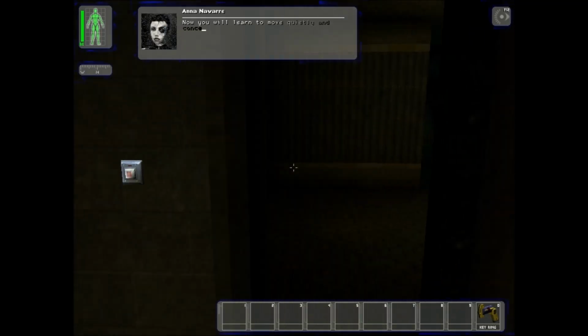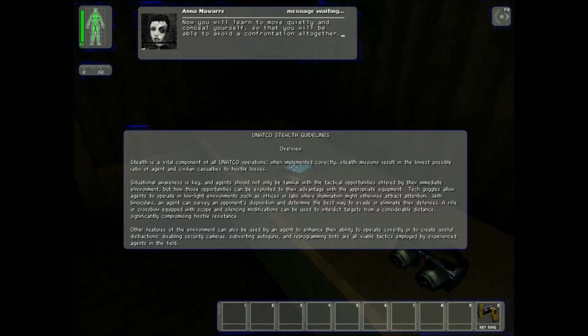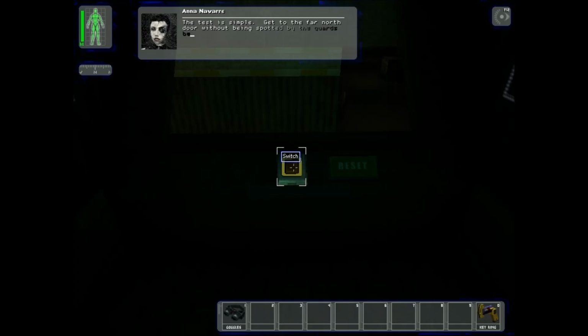Now you will learn to move quietly and conceal yourself so that you will be able to avoid the confrontation altogether. The test is simple. Get to the far north door without